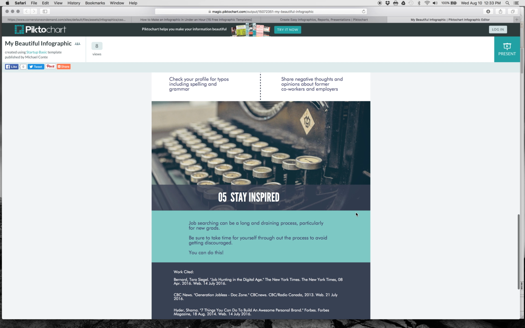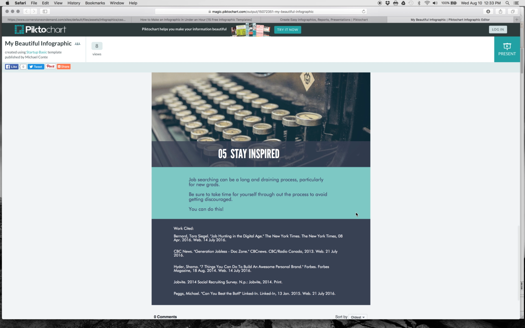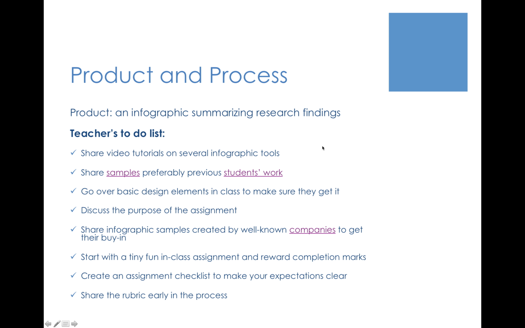Now, what I will do differently the next time around, I will have an in-class hands-on activity through which I will also discuss the design elements. So let me just go back to that PowerPoint. I was thinking of introducing the tools in class, sharing the tutorials and the examples, and then having them create a very tiny infographic